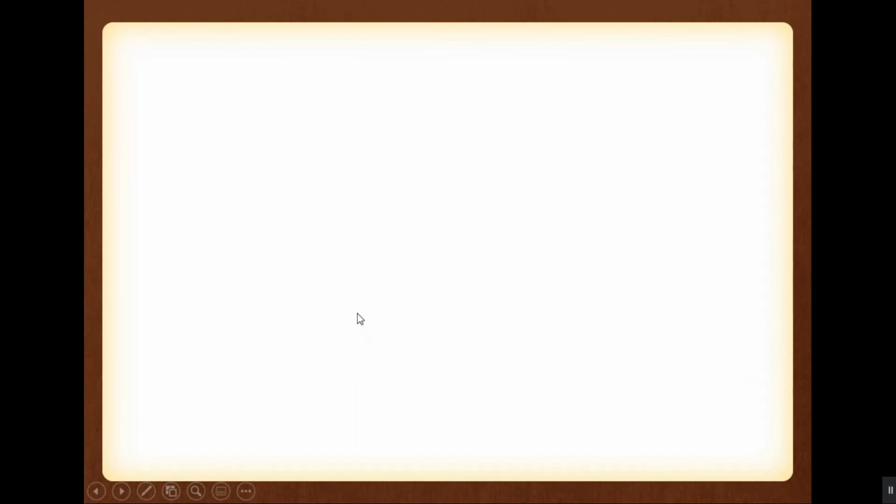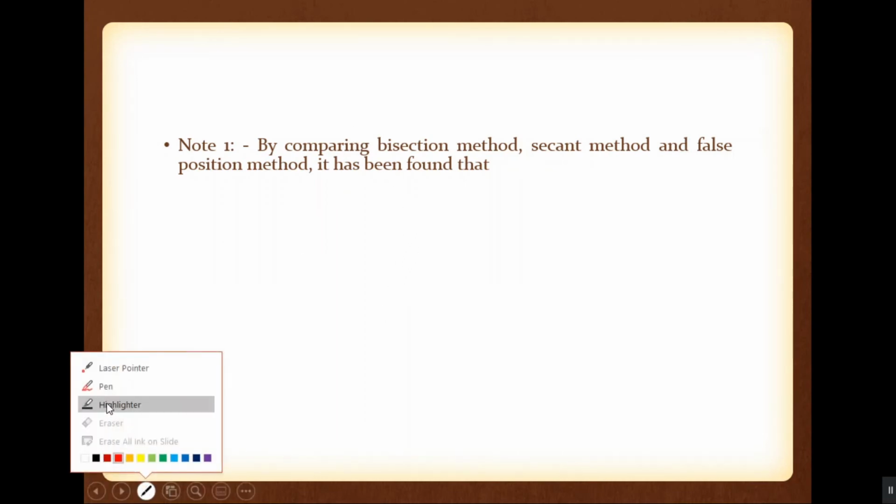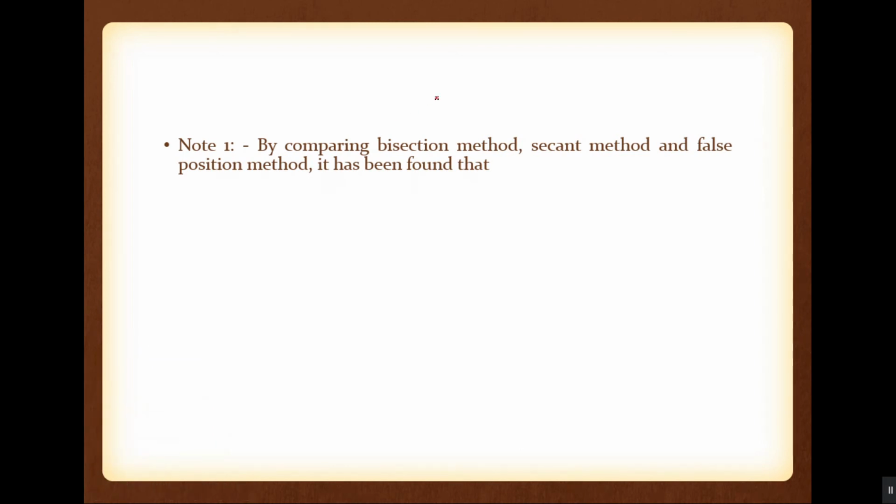So what are the advantages and disadvantages of the false position method? I told you this is almost similar to the bisection method. So the false position method is carrying almost all characteristics of the bisection method. One important character is that the false position method is also linear. I told you E(n+1) is equal to some constant C into E(n) raised to P, where P is used to determine the rate of convergence of a method. So the false position method is also linearly converging, meaning P is equal to 1.